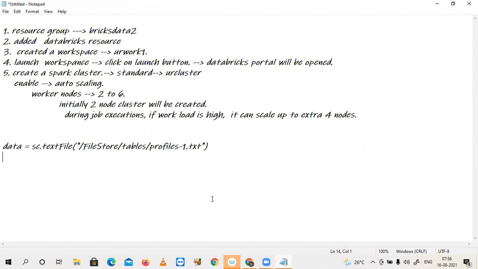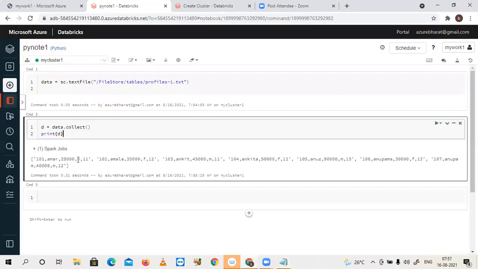The next step, what I need is, for female, what is the total salary? And for male, what is the total salary? This is the task we explained in yesterday's class. In order to generate these two things, I don't want all the fields. I need only gender and salary. But in our file, there are a lot of fields, which are not required. Only gender and salary, you need to separate.